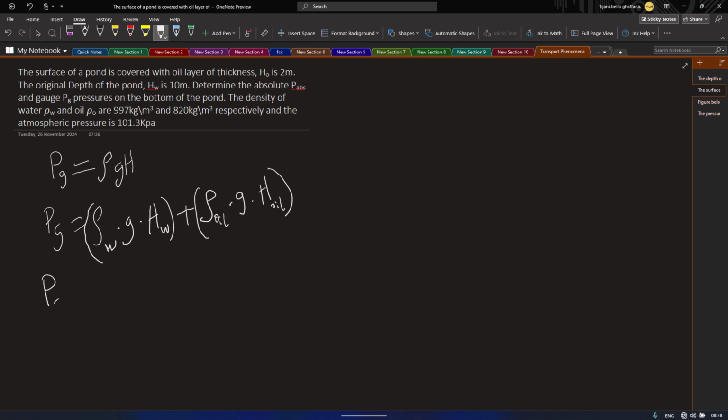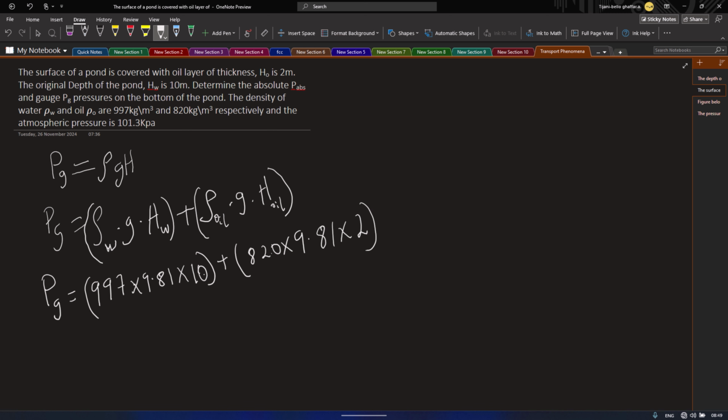we say gauge pressure is equal to, inputting our values, the sum of the pressure for oil and water. So the density of water is 997 kilogram per meter cube, then acceleration due to gravity, and the height of water in the pond is 10 meters. The density of oil is 820 kilogram per meter cube, and the height of oil in the pond is 2 meters. So by the time we solve for this, we arrive at